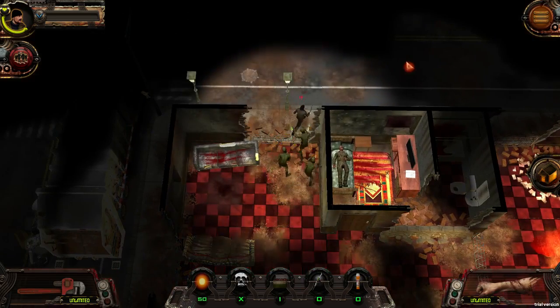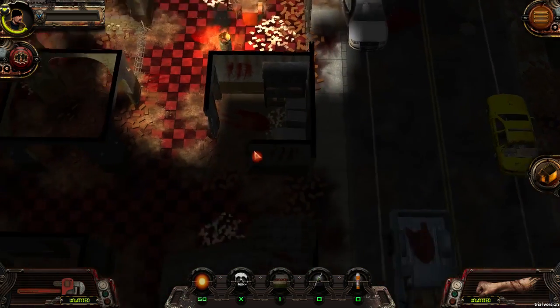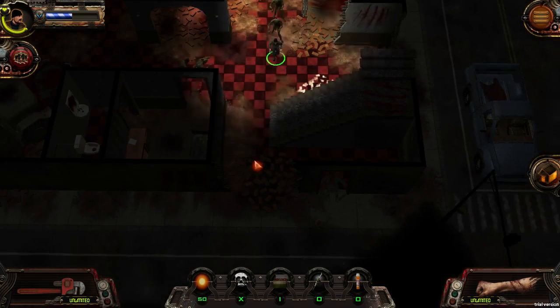Can I walk through the barbed wire? Oh, I get damaged by the barbed wire, but the zombies don't seem to. Right, well, we're going to give our guy some exercise. Oh, I could lead them to the mine, unless the mine gets set off by me. That would be very silly if I can set off my own mines, but I wouldn't put it past...